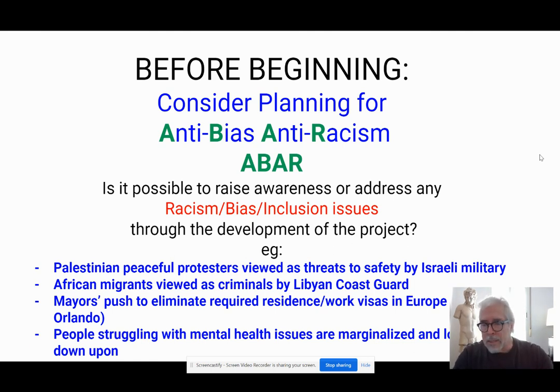And one of the things that we're doing at the American School of Madrid, and I know a lot of international and American schools are doing, is this push to try to address ABAR, anti-bias, anti-racism, as regularly as we can, but not as an add-on, as part of the projects or part of the work that we're doing with the kids, and to be able to be aware and catch ourselves and to catch students